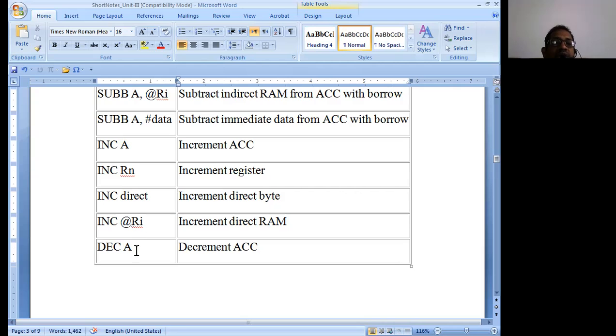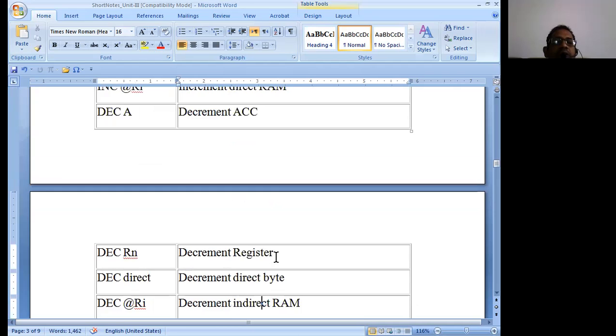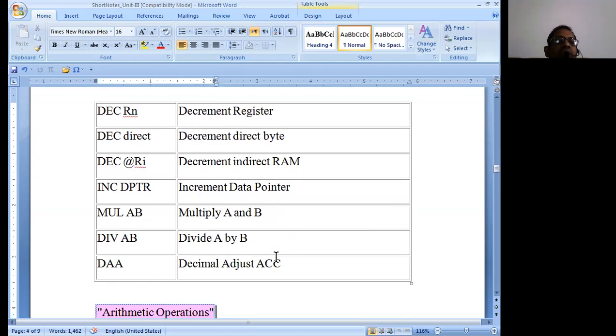The next operation is decrement accumulator by 1. Similarly, we can write the decrement instructions using various addressing modes. Then increment DPTR means the DPTR pointer is simply incremented by 1.